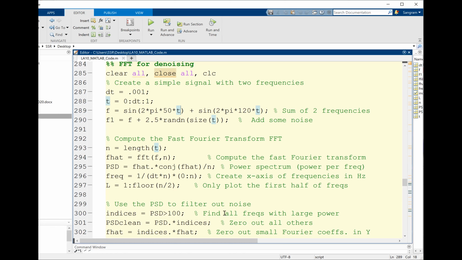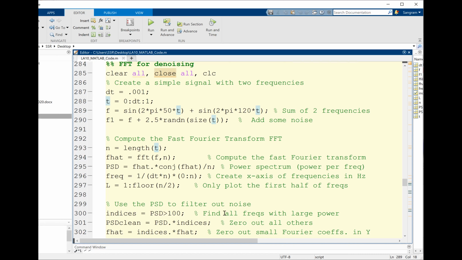So, this code is very, very important because we are going to do the exact same thing on images and higher order data. If you look at the first case in line number 290, we constructed that super duper noisy signal. Then we constructed the fast Fourier transform. Please understand, we do not use discrete Fourier transform because discrete Fourier transform cannot be computed in real time. So what we use is something called the fast Fourier transform.